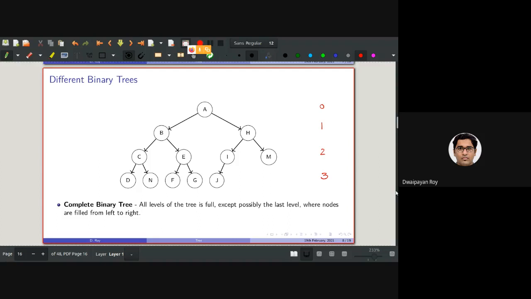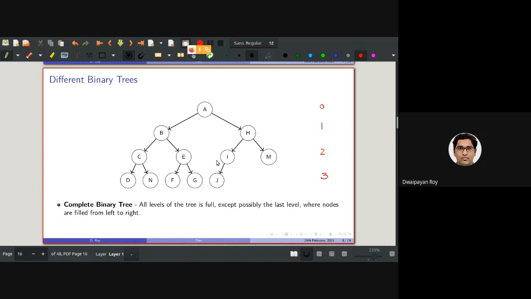Okay. So this is the 0th level, this is the 1st level, 2nd level, and 3rd level. As we have discussed earlier, yesterday in the class, all levels of the tree are full. Full means all the possible nodes that can be there in the level are actually containing a value.